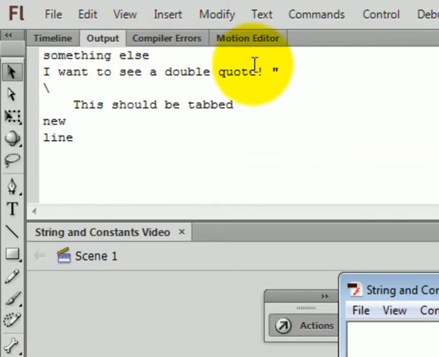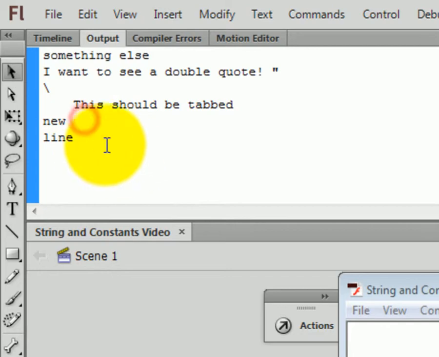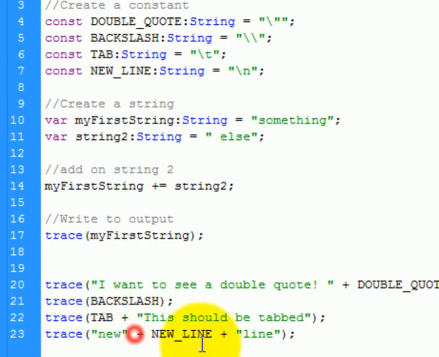So we have our double quote, we have our backslash, we have this should be tabbed, and we have new line, and line is on a new line because we told it new line, which was backslash N. So these are just some useful things when you're trying to format. Maybe you'll use them, maybe you won't. It's really just what we end up making. So moving on,